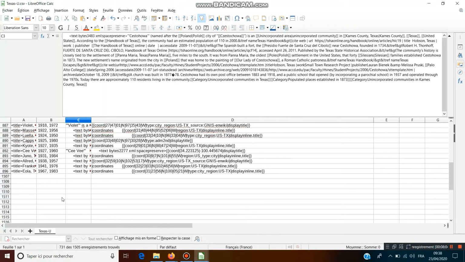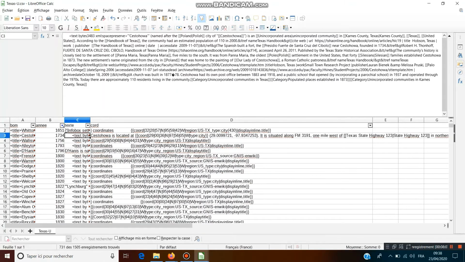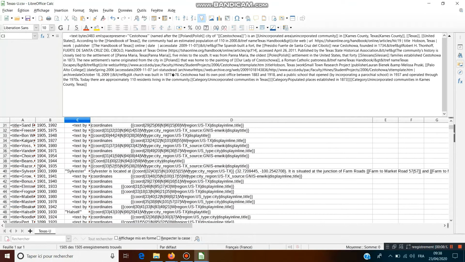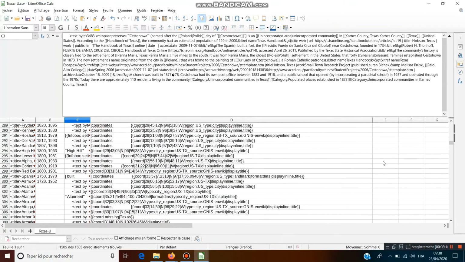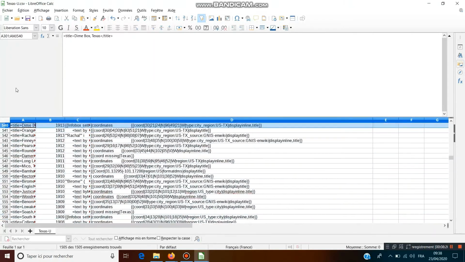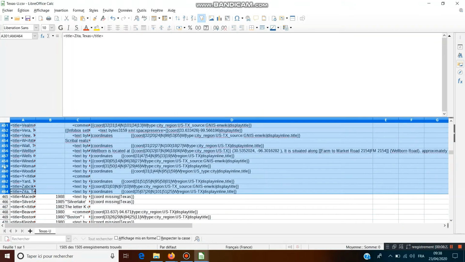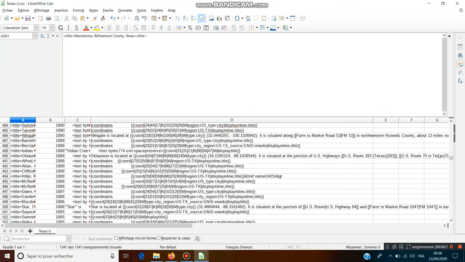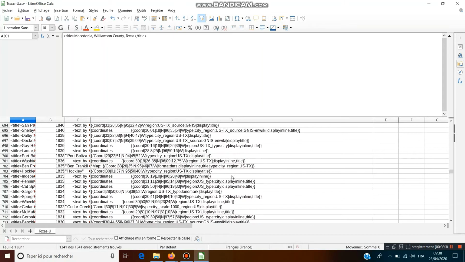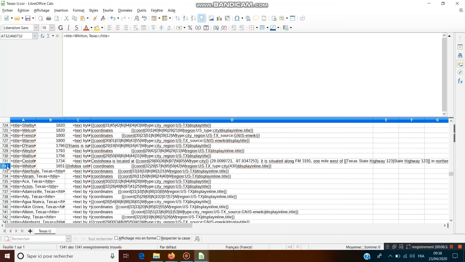How many will remain? About 700 unincorporated communities remaining of 1,400.